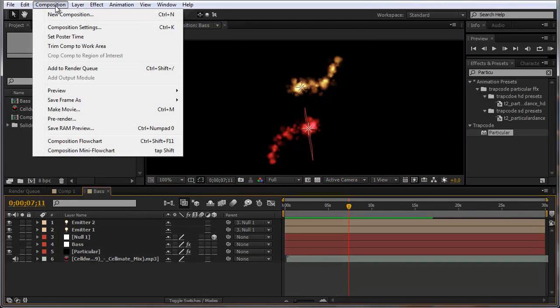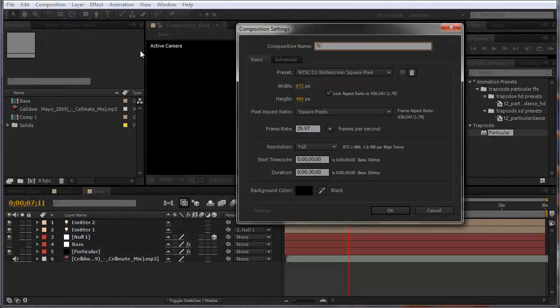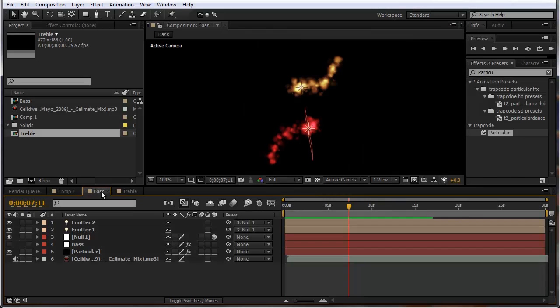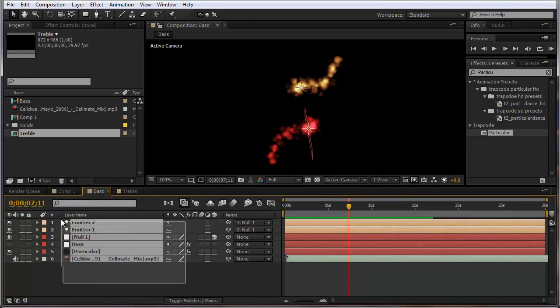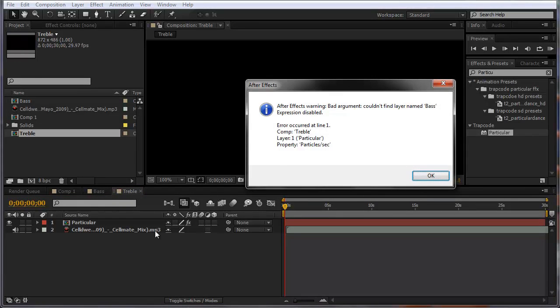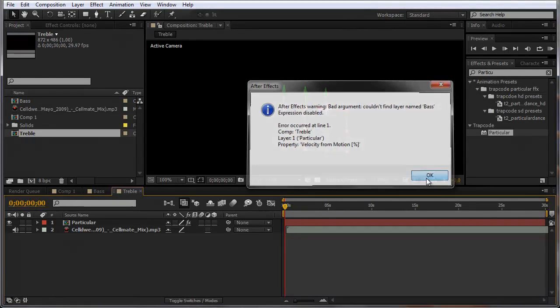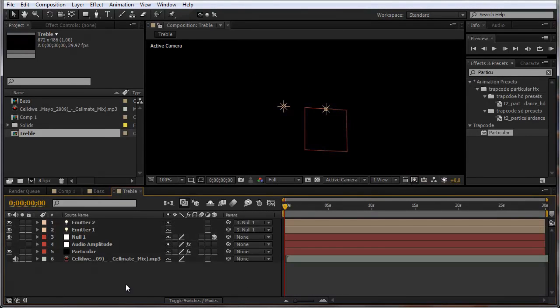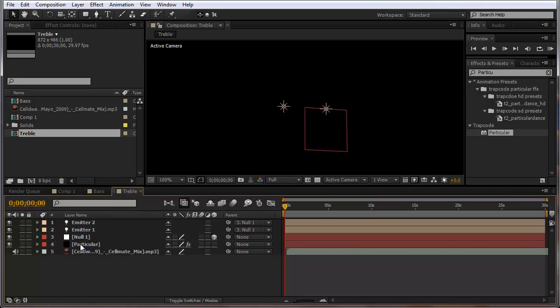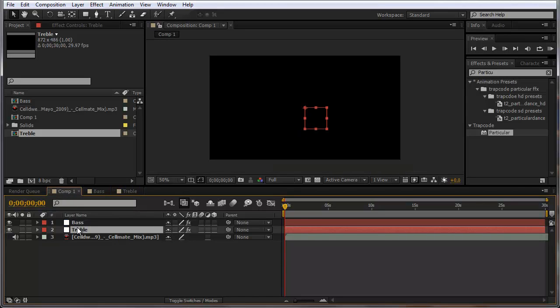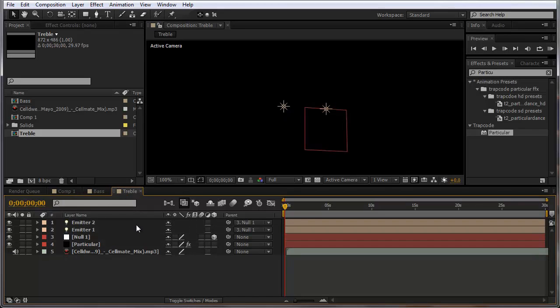Create a new composition, name it treble, same settings, and go into the bass comp and copy everything. Copy and paste them there. We will get a bunch of errors, but no problem. We will fix them in a jiffy. Select the bass layer and delete it. Go to comp 1 and copy your treble layer into the treble comp,